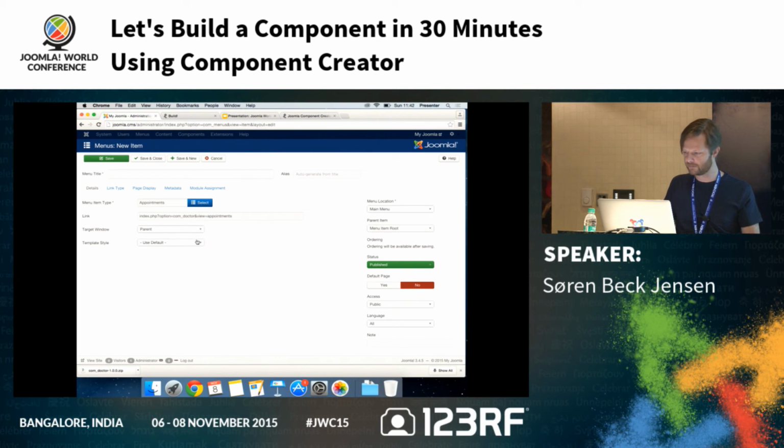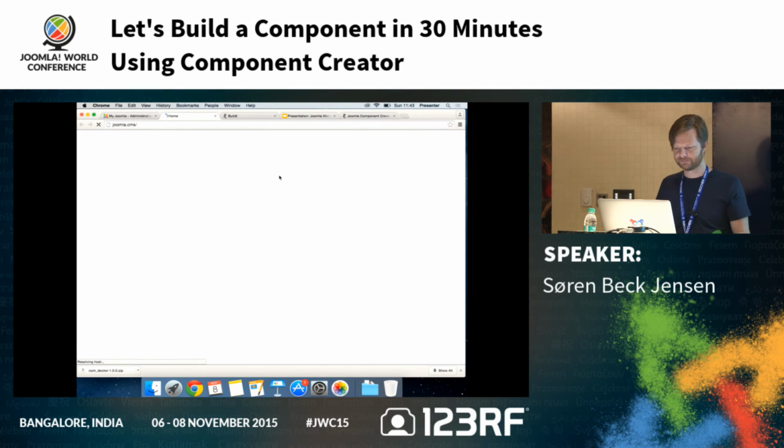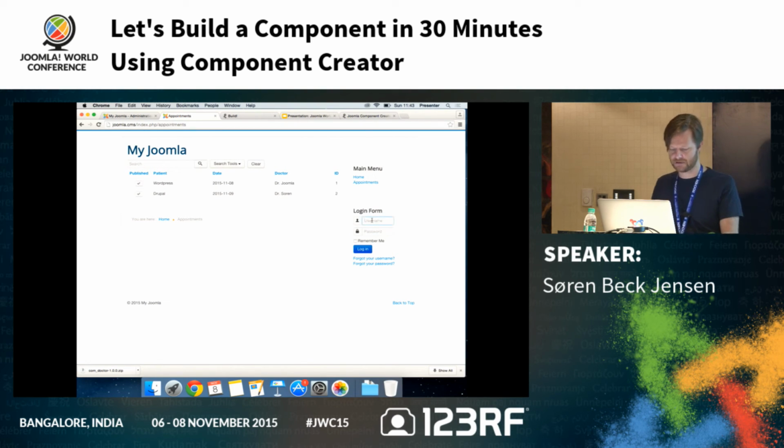Target menu, template style, main menu item root, title. Yep. Appointments. Save and close, I think. Let's try and check out our new website. Now I have an appointments here, and as you can see, I can see the appointments I created before. I can't edit them right now because I'm not logged in, but if I log in as a user who has rights to edit, see if I can remember the password,